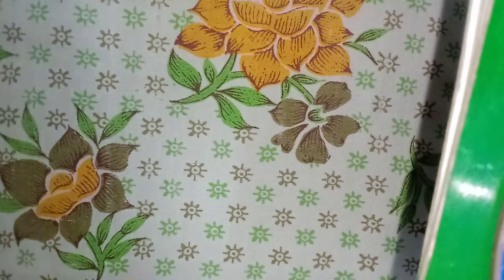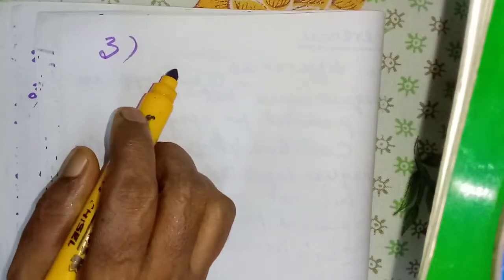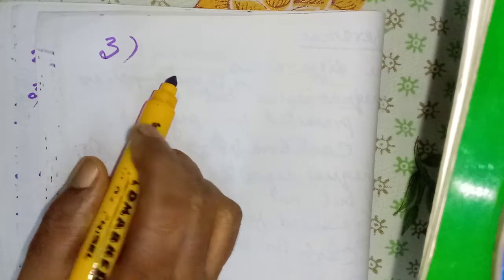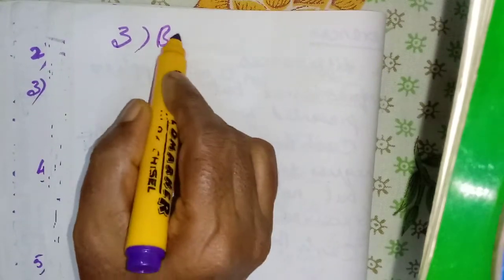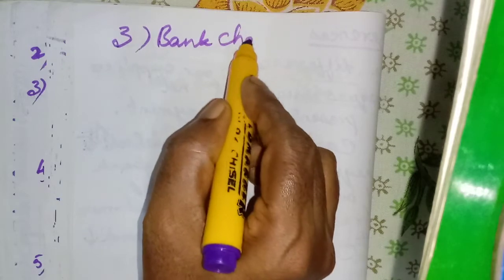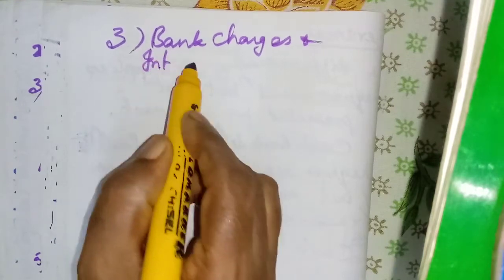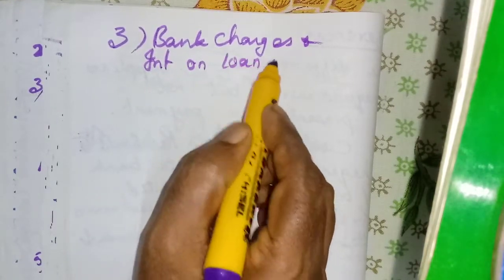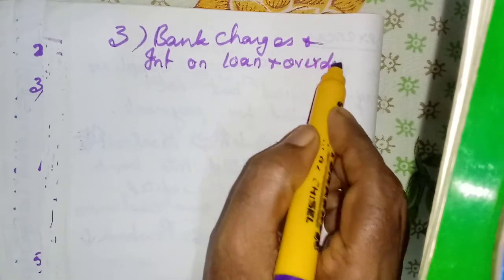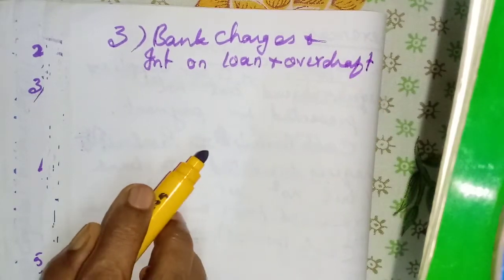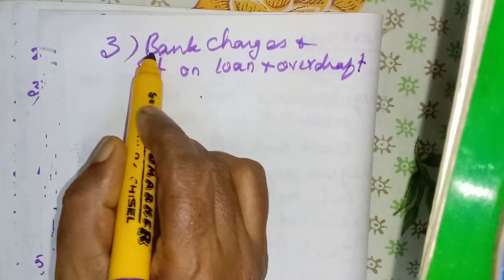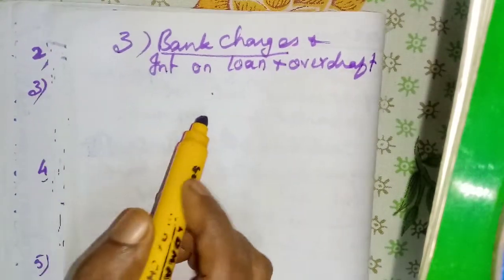Now we will see the third reason. The third reason, bank charges, the expenses. We know why the bank charges, the bank charges, and interest on loan and overdraft. Interest on overdraft. Yesterday we have learned what is bank overdraft. For this they will charge, the expense name is called bank charges, because the bank is doing